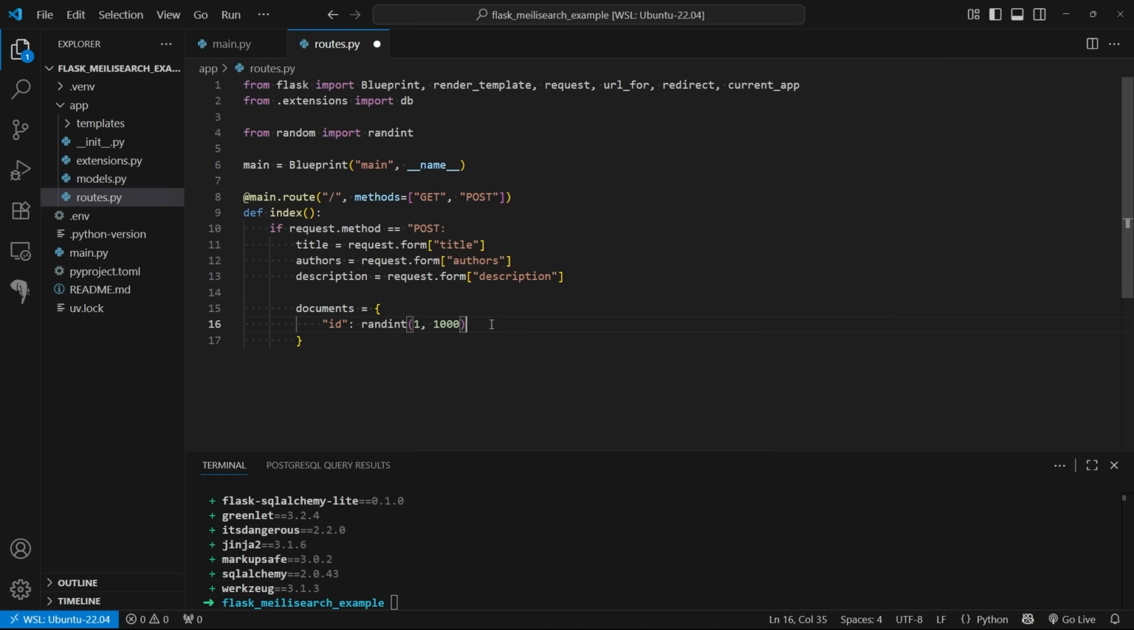So I'm using the random integer here because I don't have a more reliable way of generating an ID. But as we get closer to the end of the video, I'll show you how to actually get this to be a unique value guaranteed. So right now, it's probably going to be unique, but if I run this enough times, eventually there's going to be a collision. So we'll get to that in a second. So I have the ID,